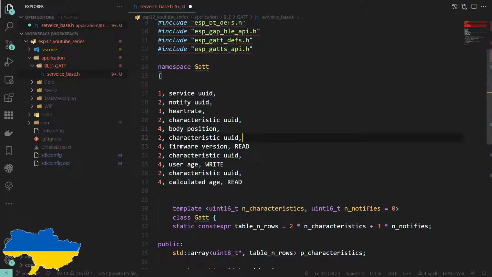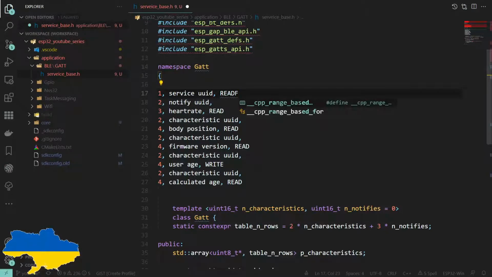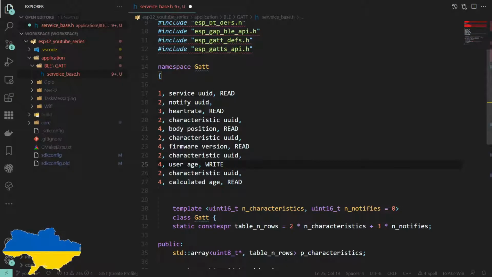And this is read, this is read, this is read. And actually, it's not just the bits of information, but the UUIDs can't be changed by your phone as well. So these are all reads as well. You get the point. I could fill out all of these, but you can see that we need this extra bit of information to say whether it's readable or writable. And actually there's a few other bits and bobs in there too, which we'll see as we go along.